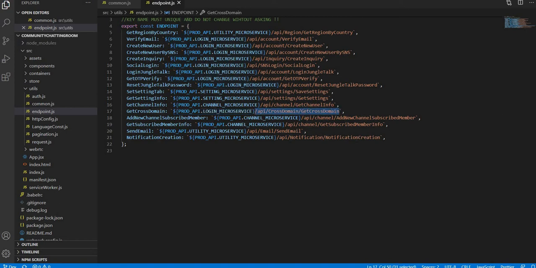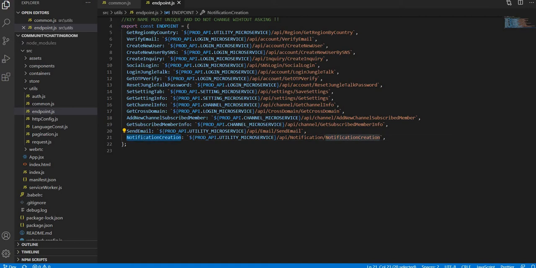Now for example, you want to create another API, a new API. You can add it as it is over here. Then, in which microservice you are working, you can provide that as the key name. For example, you are creating a notification creation API, and this API belongs to the utility microservice.